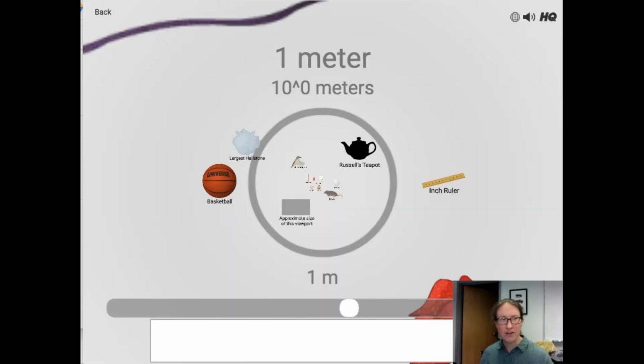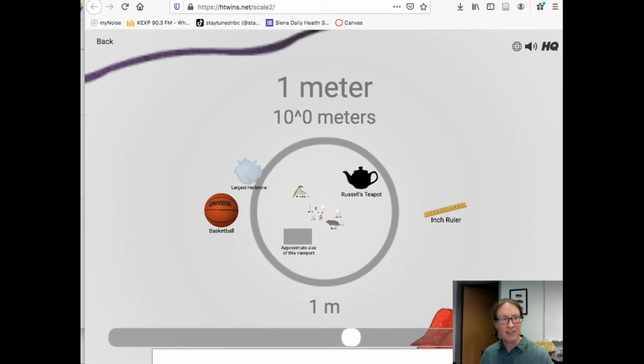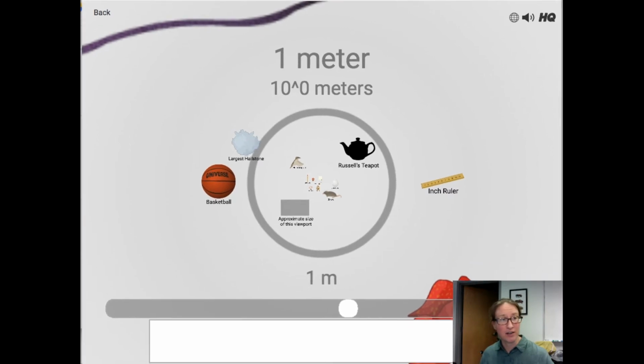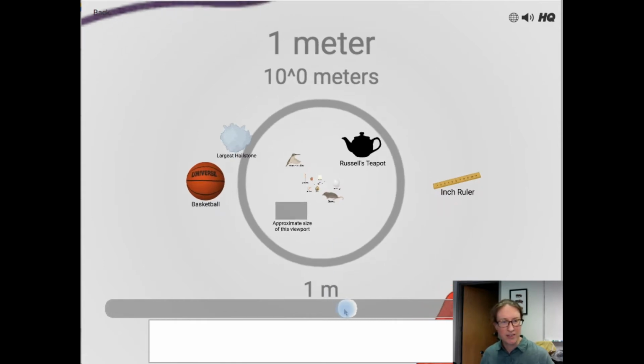Okay, so here's our website. It is at htwins.net/scale2 if you want to check it out yourself. And right here we've started out at a 1 meter circle. We're just going to start zooming in. So here's relative sizes of a hailstone, a basketball, a ruler, and a teapot. So if we start to zoom in,